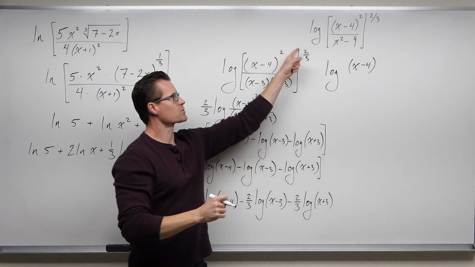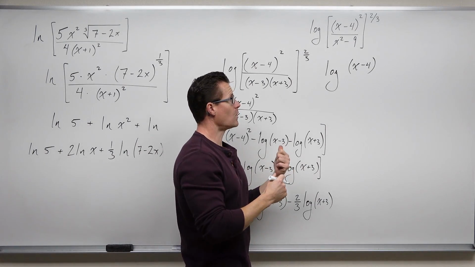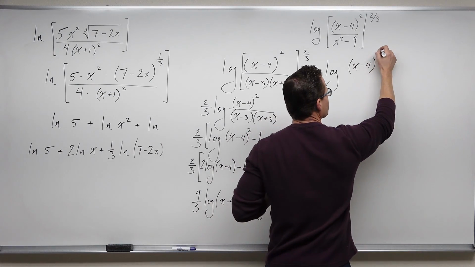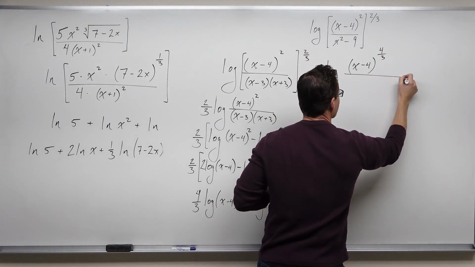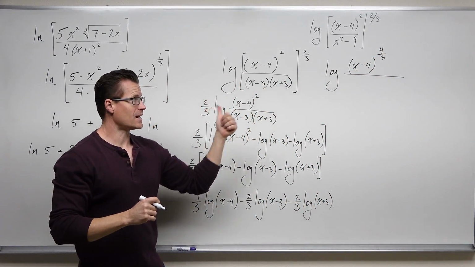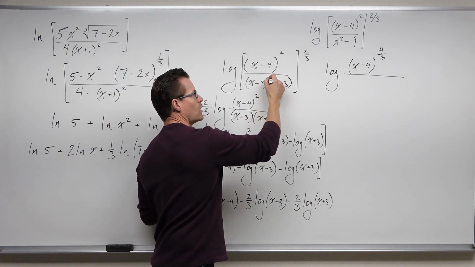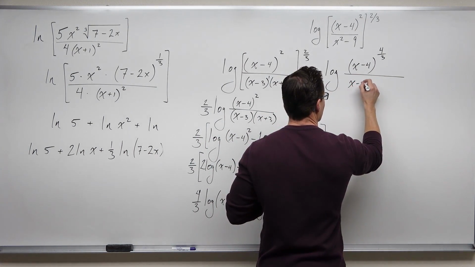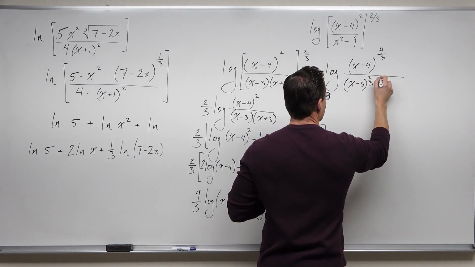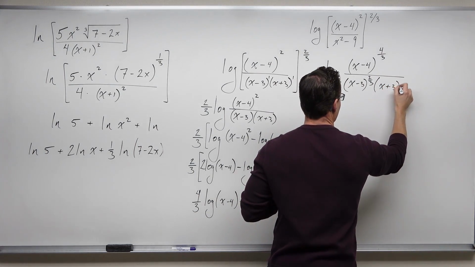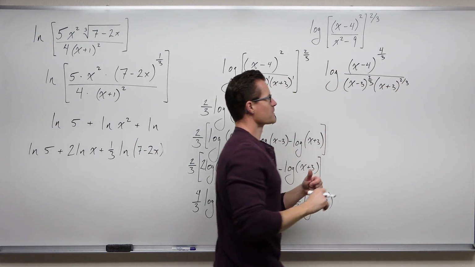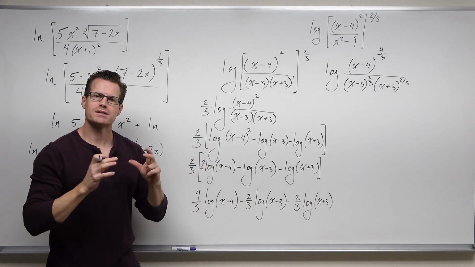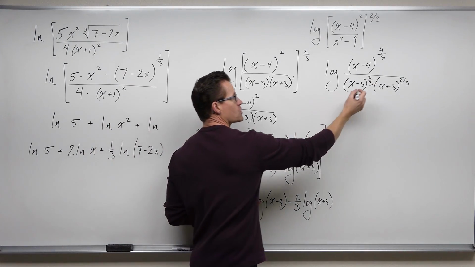Well, because an exponent raised to an exponent is multiplication, you would get a log of x minus 4 to the 4/3 over x minus 3 and x plus 3 both to the 2/3, because 1 times 2/3 in both cases is 2/3. You might be able to see right now that we're going to get exactly the same thing. You see, now that we've distributed that, everything's connected by multiplication and division. We would show our multiplication